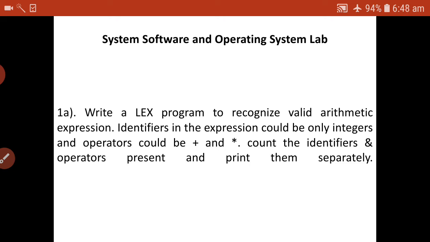The first is the definition section, then the rule section, and the code section. The definition section includes some header files of the C programs, the rule section includes all the regular expressions, and the subroutine or code section is the main program of C. The rule section starts and ends with delimiters. The beginning and end delimiters are required for the rule section.